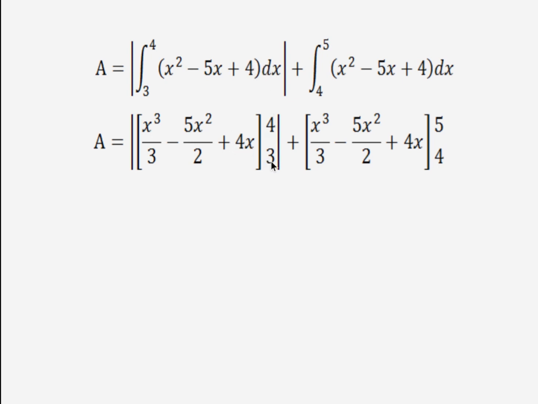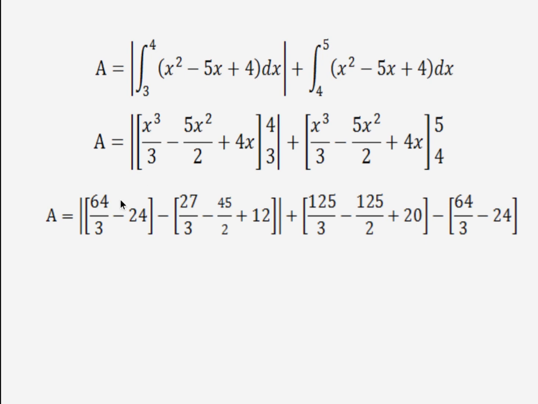And we have to substitute the limits from 3 to 4 and then take the absolute value to get the area in that region, plus the same integral again, this time with limits from 4 to 5, which represents the area of the region above the x-axis. From there we proceed with the substitution of the limits. The upper limit 4 substituted minus the lower limit 3 substituted, and we are taking the absolute value of the result, plus the substitution of the limit in the last integral, substitution of 5 minus substitution of 4, and upon